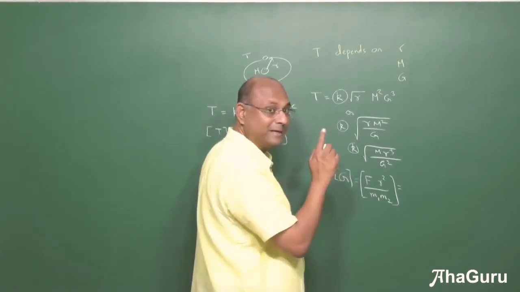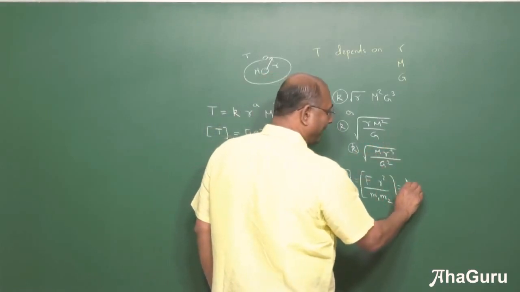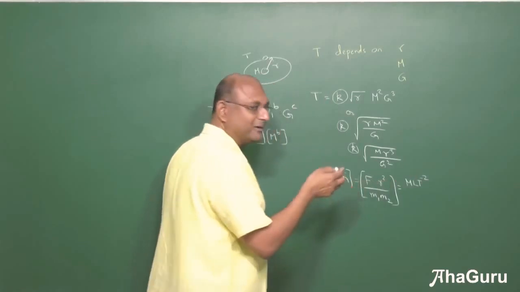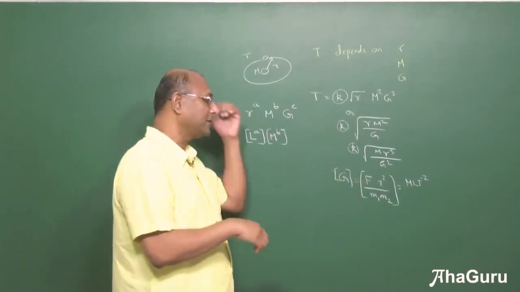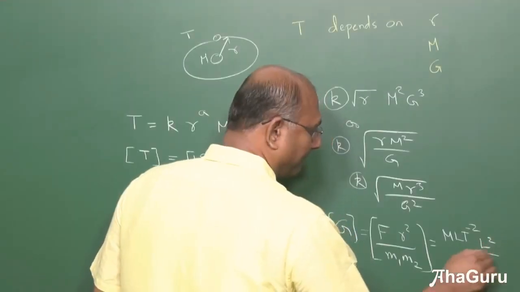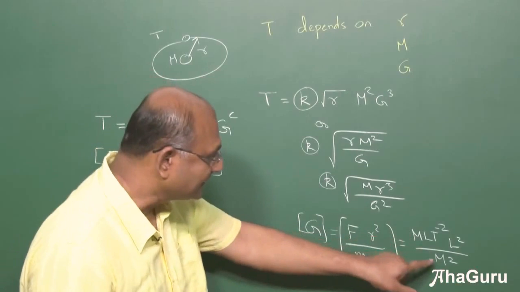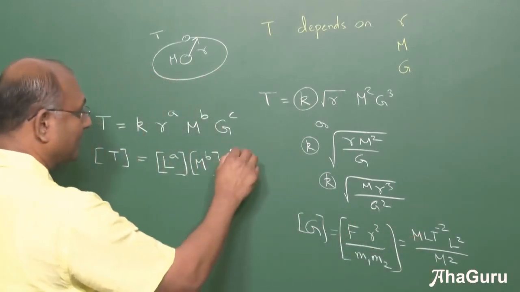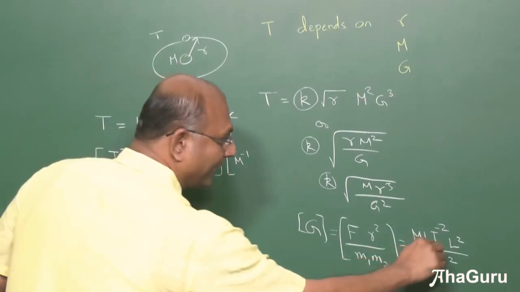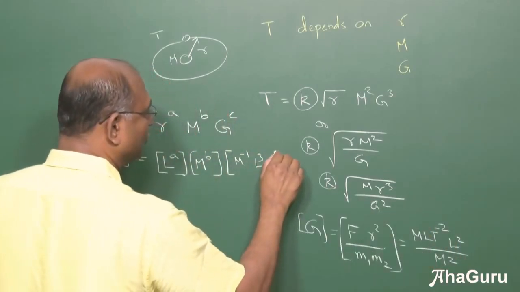But F, if you remember, it is newtons, right? It is kilogram meter per second square, M L T power minus 2. Now this is not something you want to derive every time. Force is something you should know, you should remember. Into L square by m square. So you can see that there is an M power minus 1. So I will directly write it here, M power minus 1, L cube, and then T power minus 2